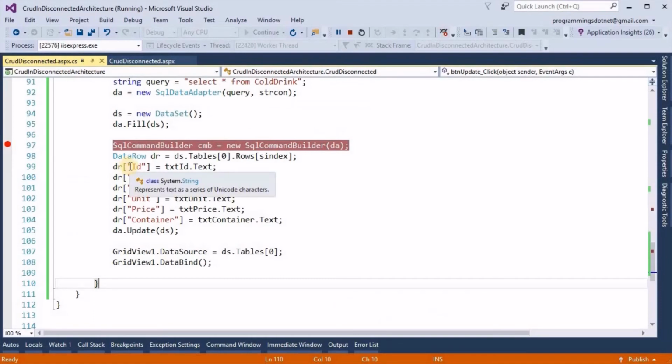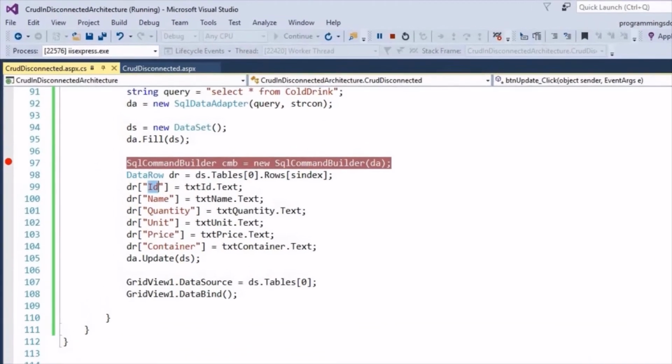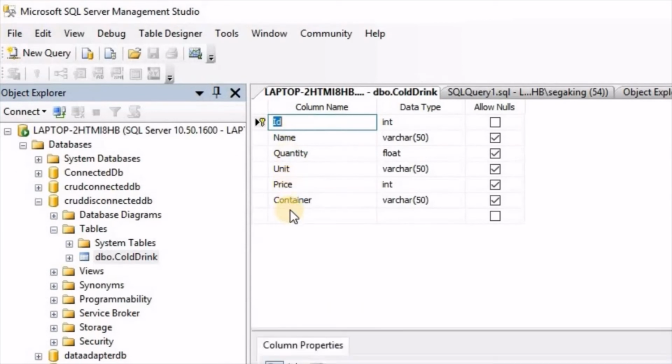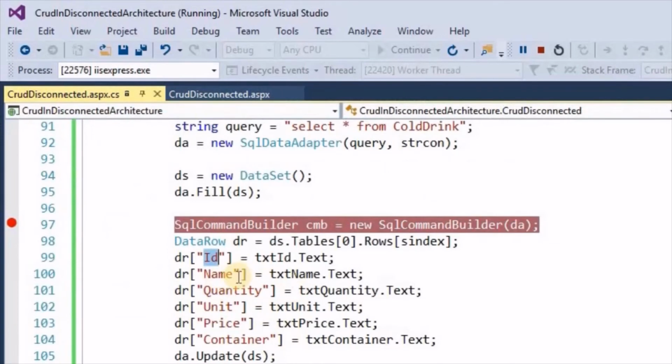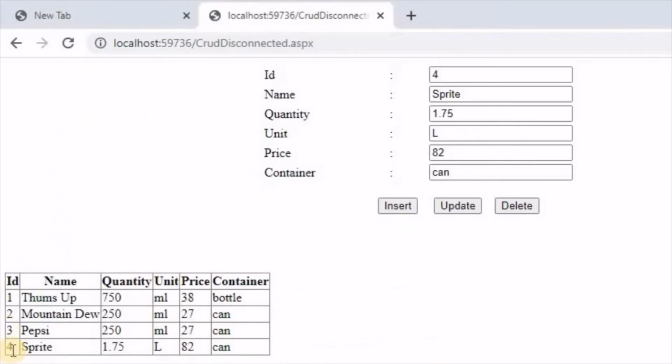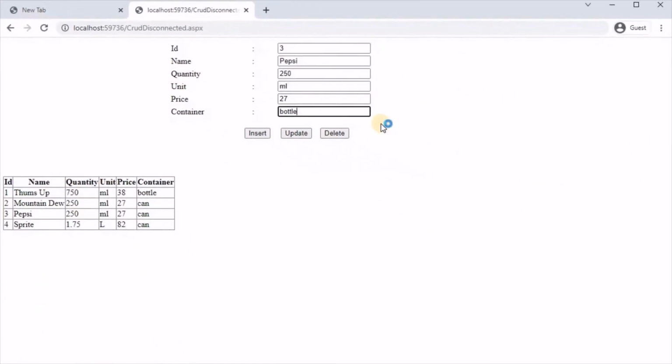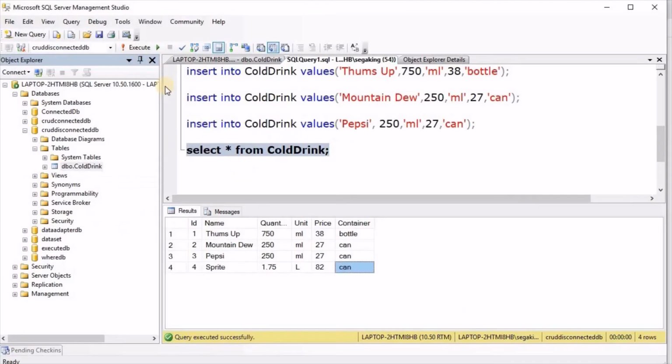Now instead of indexes we have taken ID, name, quantity, unit, price, container. These column names. Now suppose if we select 3 and here instead of can, if we type bottle and update,